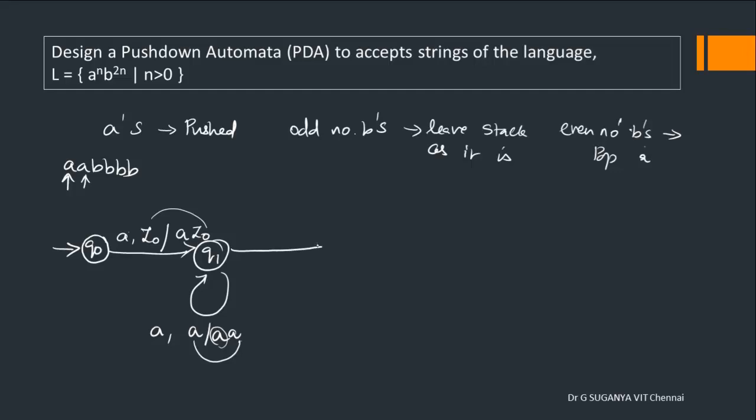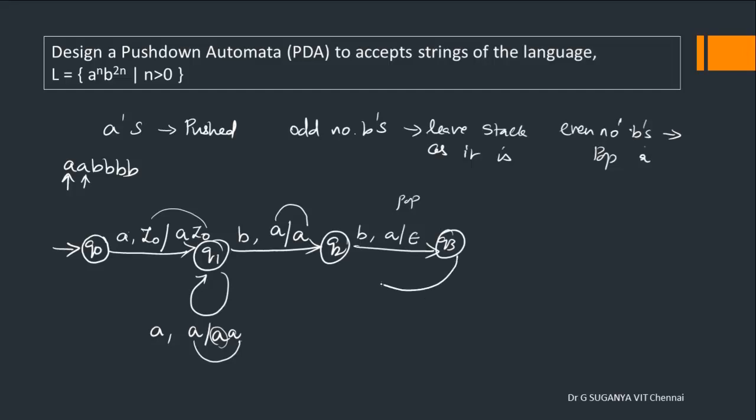Now when the first B comes on your input, what is expected to be on the top? A. Since it is an odd numbered B, you should not change, and hence you have to leave the stack as it is. I am just replacing A by A, which means the configuration of the stack won't get changed. For the second B, A has to be replaced by epsilon, which means you have to pop it out, entering into Q3. So this is for even number and this is for odd number.